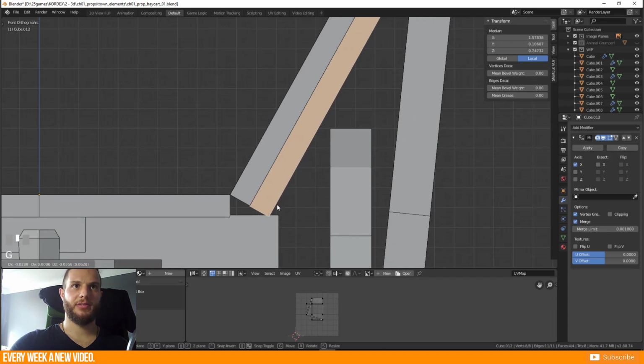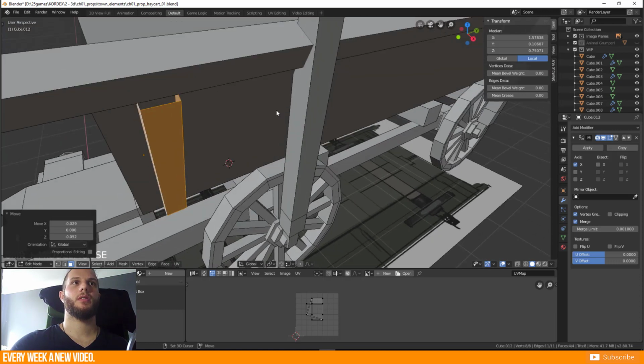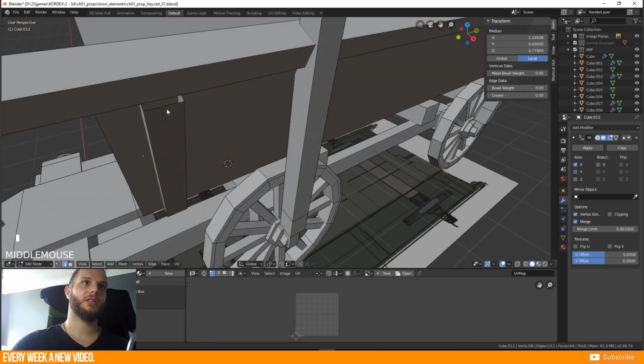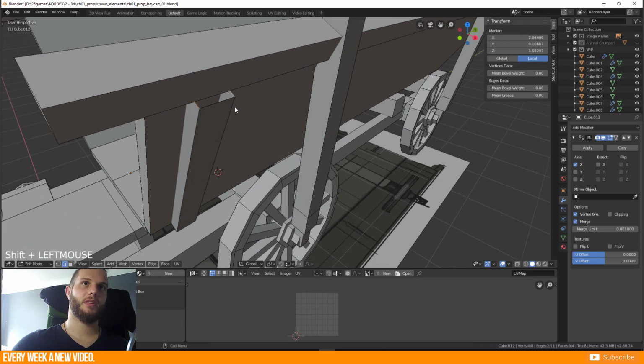I will bring this down and select those two edges here and connect this with the F button,